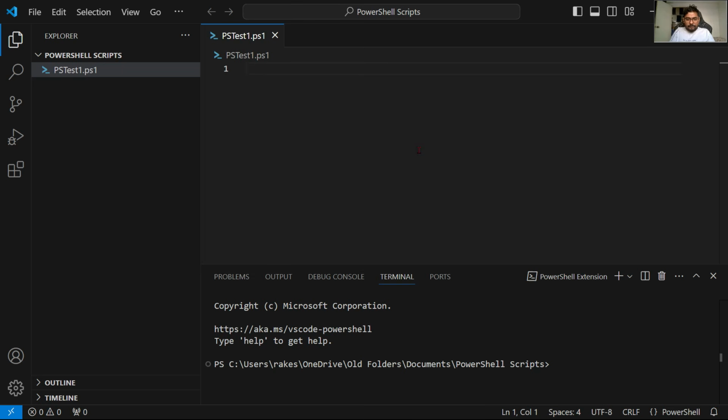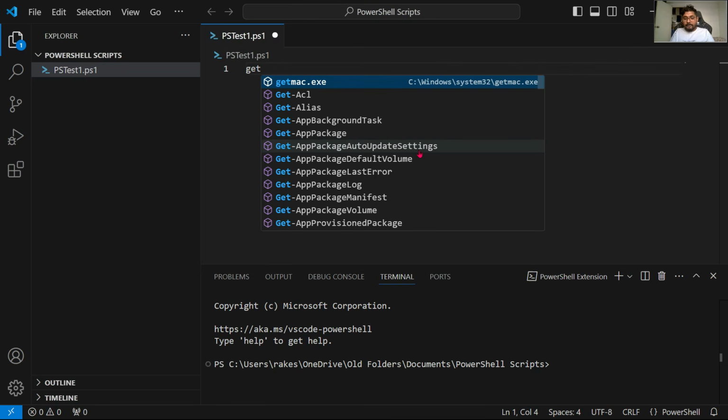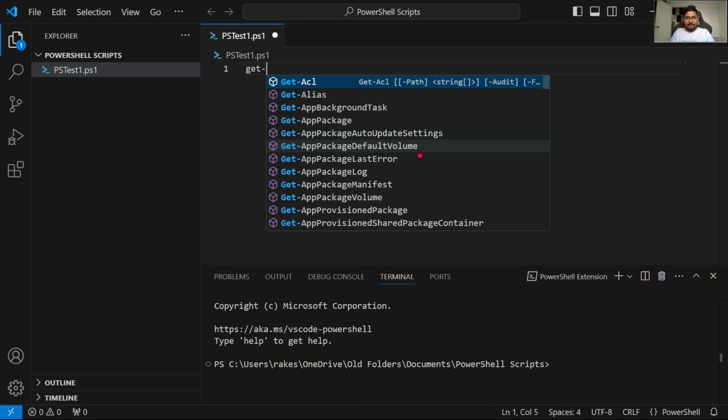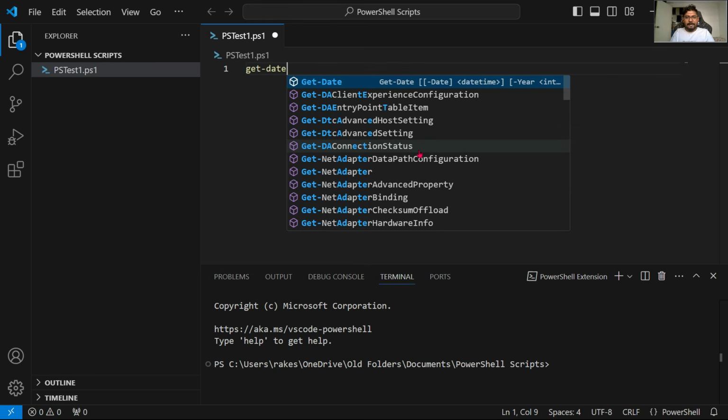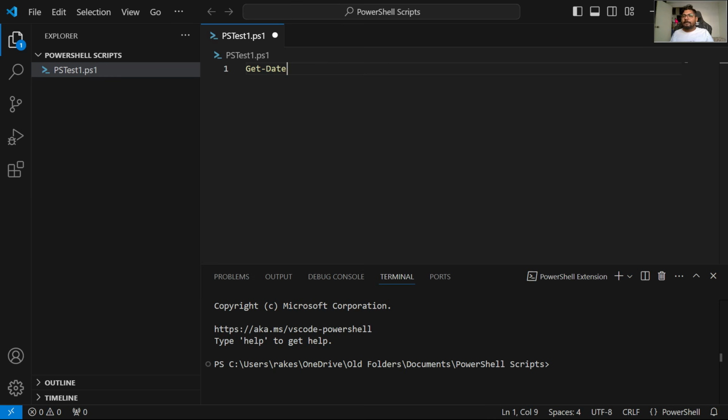Okay, so I'll teach you how you have to write the codes and everything, but let's take a very simple one, Get-Date. So what is Get-Date? Get-Date is nothing but you would like to run and understand what is the date today. So here there is a run button. I'm going to click on this,